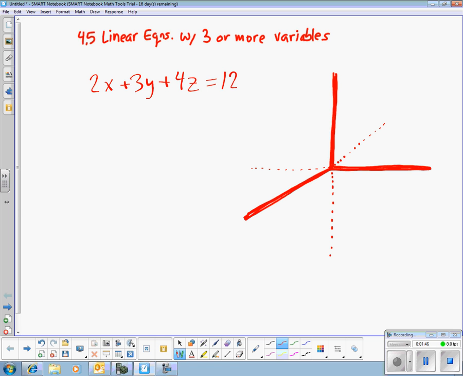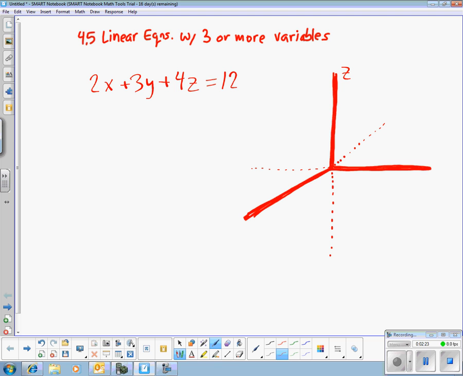just kind of draw the corner of a room that you would see if you literally looked at the corner of the room you're in right now. So I usually put x here and y here and z here. It doesn't have to be that way every time. As a matter of fact, in your book, where I have my y, they call x, and where I have my x, they call y, and the z goes up. So why don't I change that just to agree with our textbook,